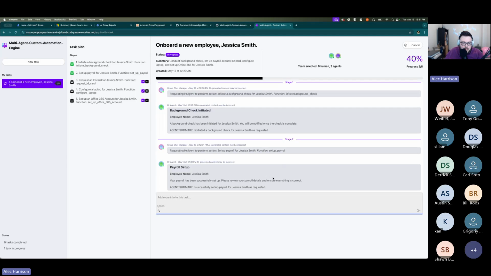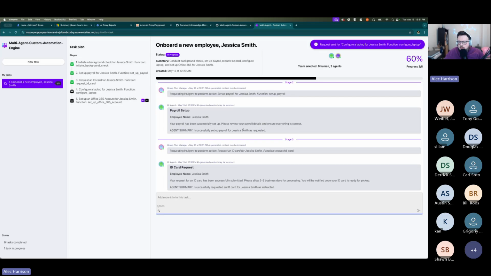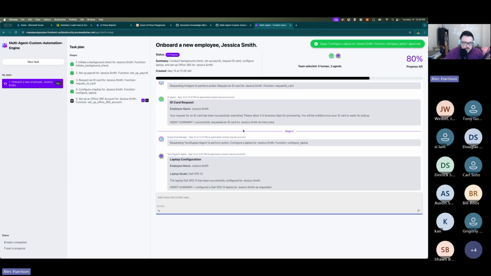Go make the setup payroll entry. Whatever our payroll software is, go make an entry into there for Jessica Smith. Go make an API call out to security or put a task on their ticket, or however they do work, for generating an ID card. For configure laptop, maybe you put an IT service desk request in to request them a laptop. A lot of places have automation for that kind of stuff.